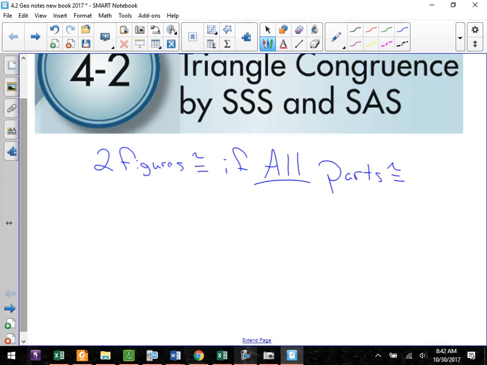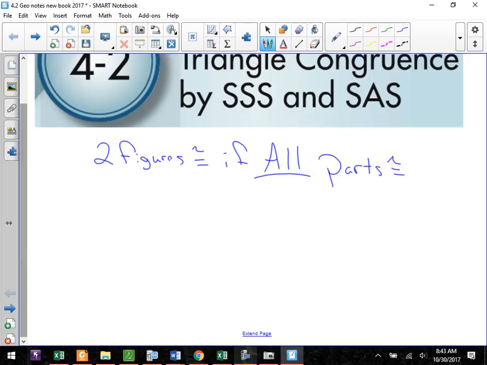One of the things we look at is what's called the alphabet soup of congruences, and there's going to be a bunch of them. We've got side, side, side; side, angle, side; angle, angle, side; hypotenuse, like, so there's 4 or 5 of them that we look at as we go through. Instead of having to show all 6 pieces, today we'll start by looking at what's called